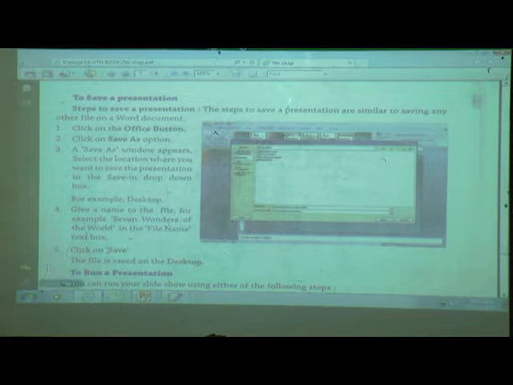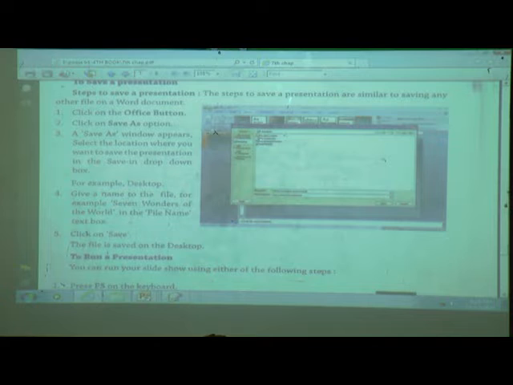7 Wonders of the World in the file name text box. Which name you want to give to the file, write this name in a file name box. Then what to do? Then click on save button. The file is saved on the desktop.